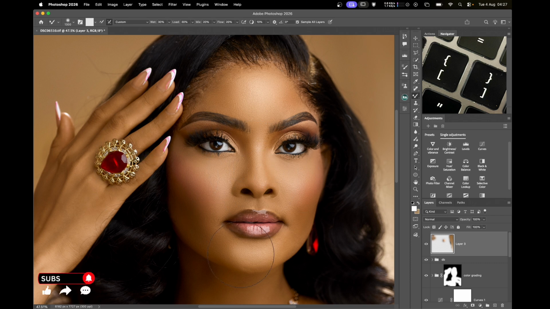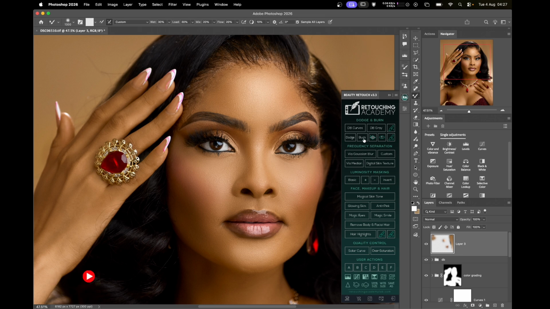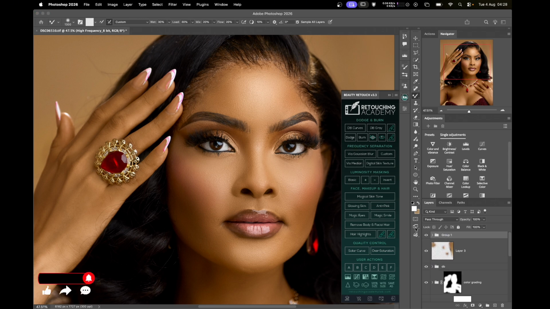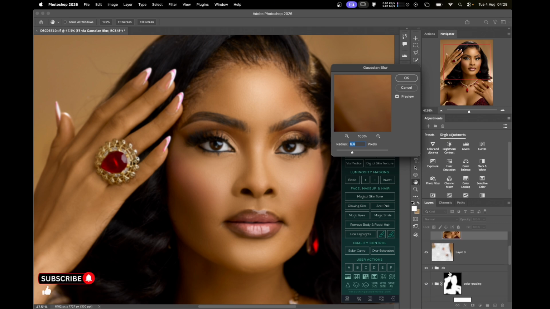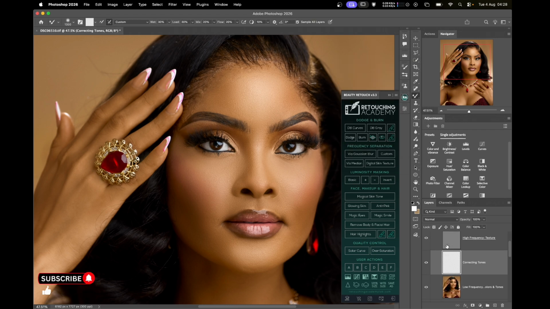So your understanding of these things is going to change how you work. Why is it that you shouldn't do it too much? We shouldn't brush straight on our picture. So a technique was introduced, which is the Retouching Academy action you know how to use, or creating this from scratch. So basically the vision blur, how it works is that, let's just put a number here. How it works is that immediately you create this